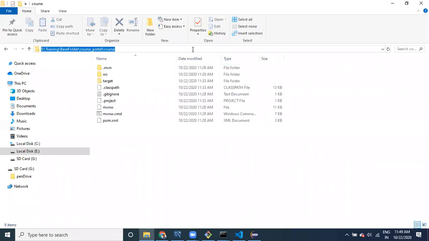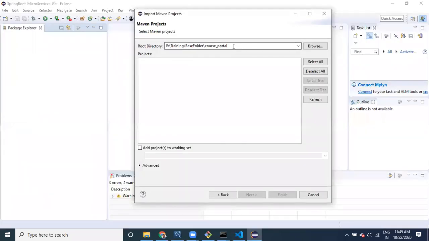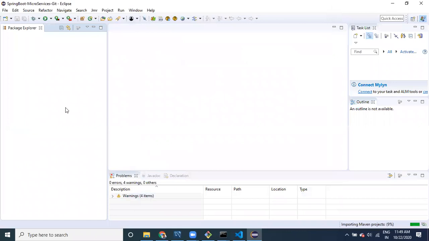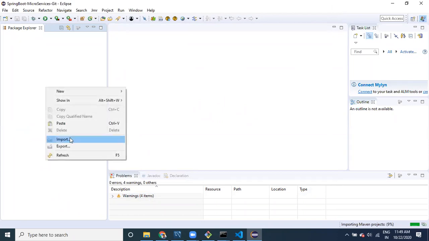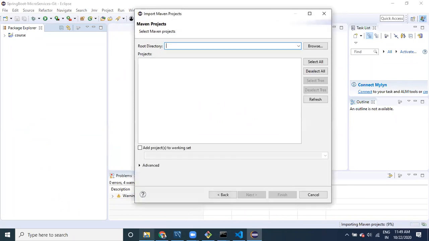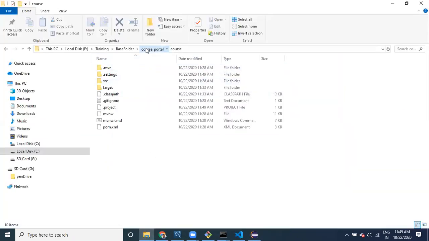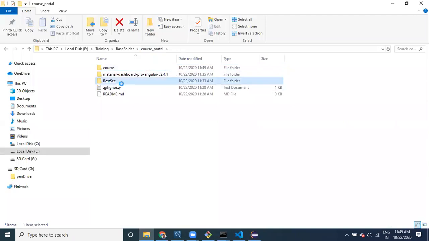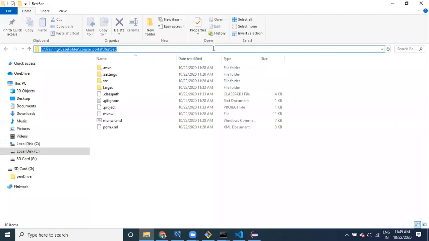If I provide the parent folder, it is taking a lot of time, because a big folder is available to import. The same way, meanwhile, you can import another project along with the code. We need to import the REST security project into your workspace.